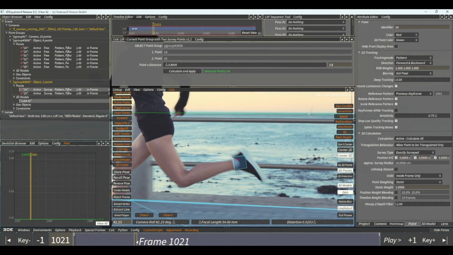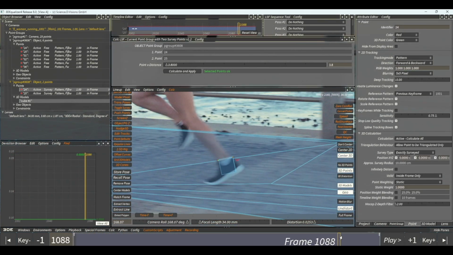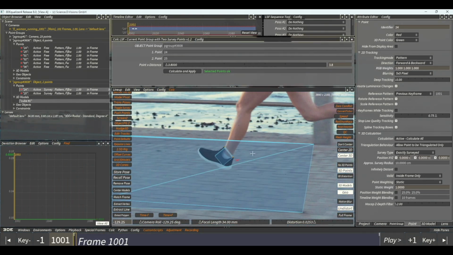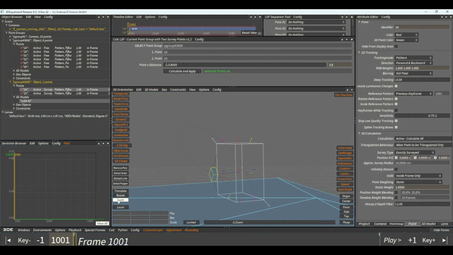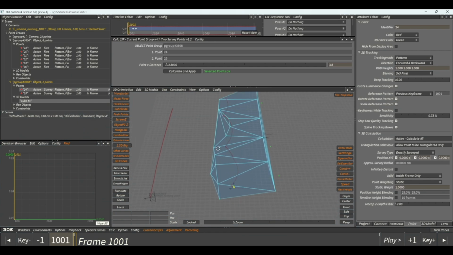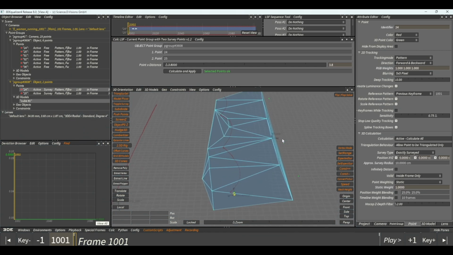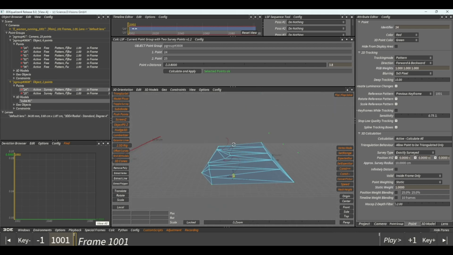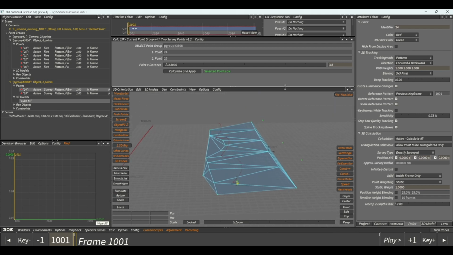So we have kind of nice animation, but we can improve it a little because I don't like the trajectory. You see, it's going in Z movement, not nicely, but